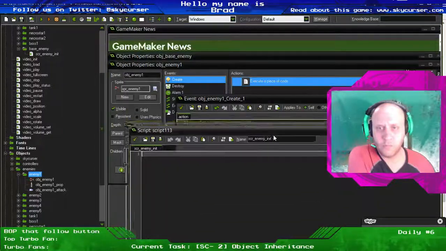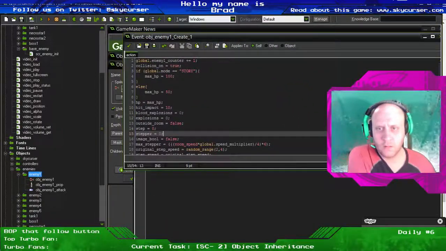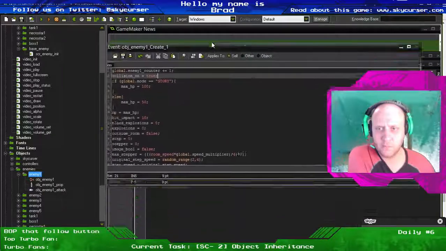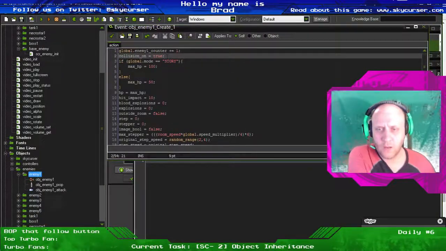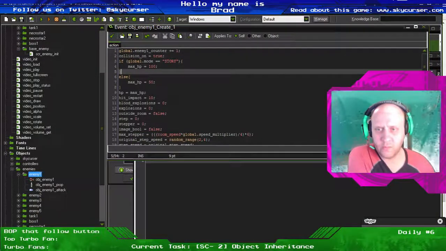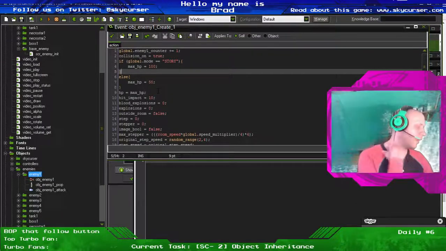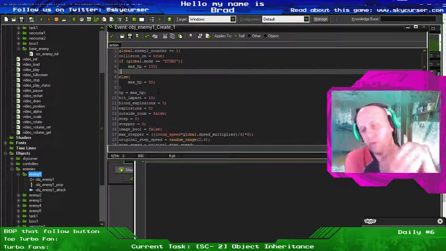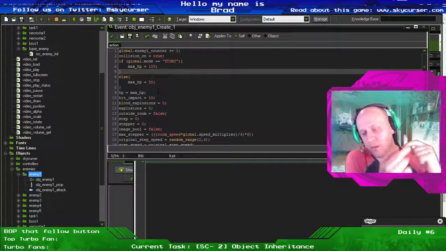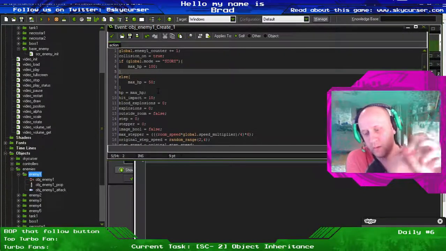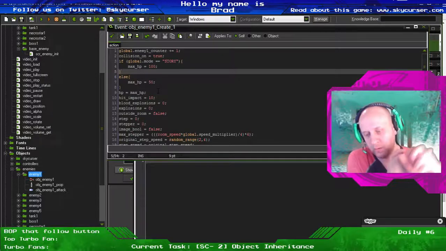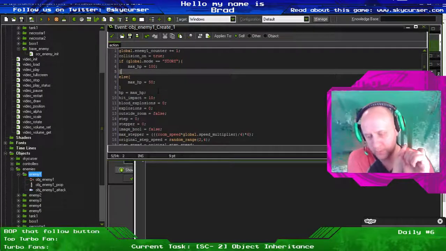I'm going to pull this down, and I think what I'll do is make a quick test. I think this will be my test right now to see if I have a parent object and a child object. If I set something in the parent object and then I set something in the child object, let's say it's something completely different than what's set in the parent object,